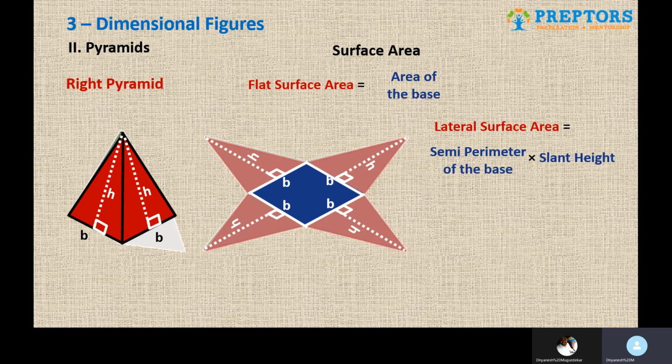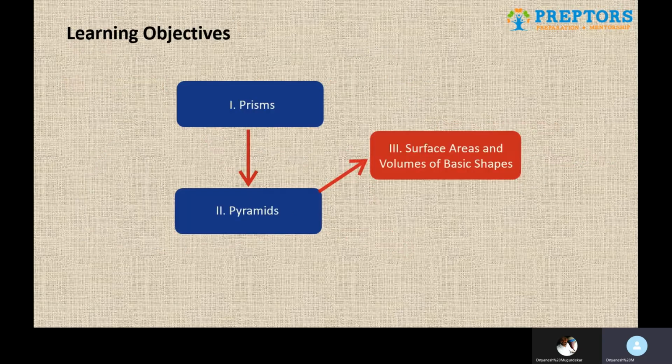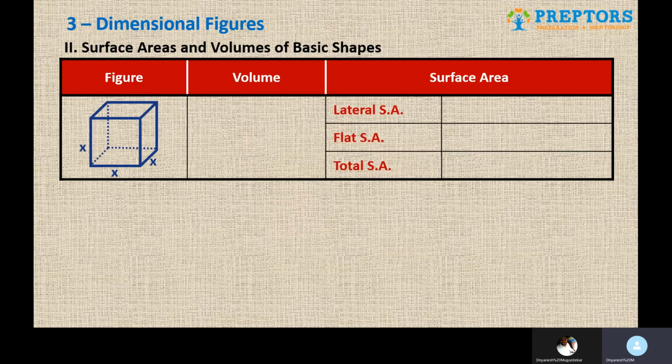Remembering these four formulae: volume of prism, volume of pyramid, surface area's two types, flat and lateral, and understanding what lateral and what flat is, and for pyramid, the generic formula of lateral surface area, which is semi perimeter of the base into slant height. Knowing these four things, you don't have to learn by heart any single formula of any of the three-dimensional figures. You can derive them as far as the requirement is concerned, and that's the best part, folks, about all these concepts. So let's start with the main exercise now, basically the formula of surface area and the volume.